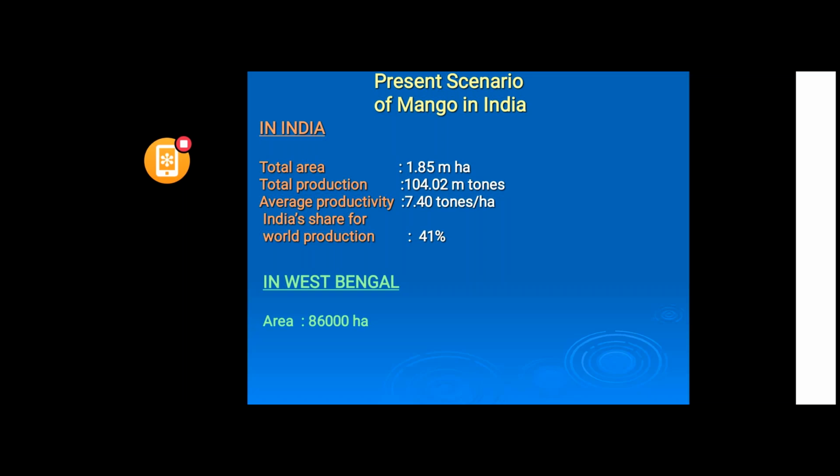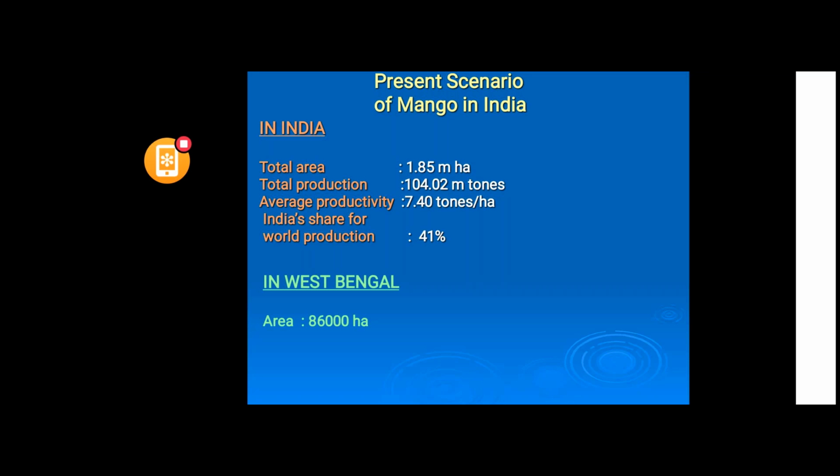It is wonderful due to its color, its taste, and its flavor. If you get mango, you will not go for any other fruit.